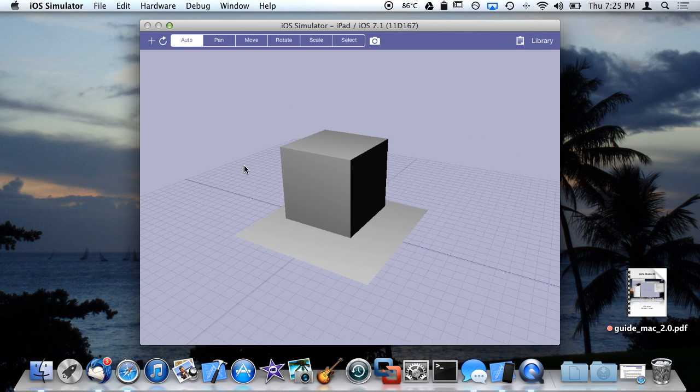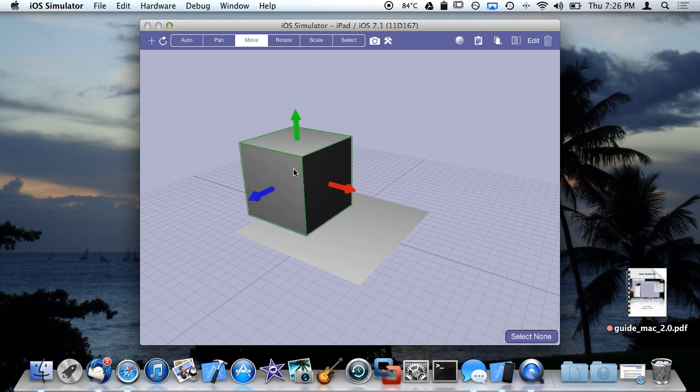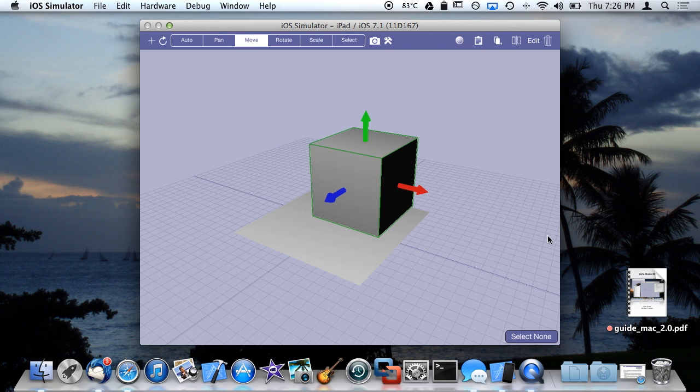That's the pan tool. The move tool is different from the auto tool in the sense that once you hit this, you'll notice some pretty cool looking handlebars that allow you to grab onto the object and do precision translation or movement on only one axis at a time. Or, just like on the auto tool, if you drag over this, it'll move it around. But since you said you want to move, anywhere you drag on the screen will still move the object when you have the move tool